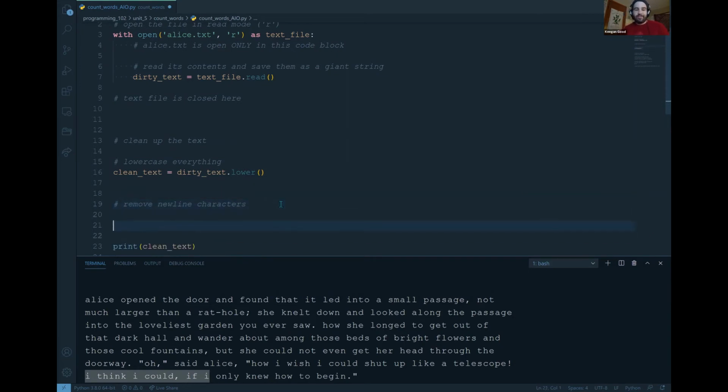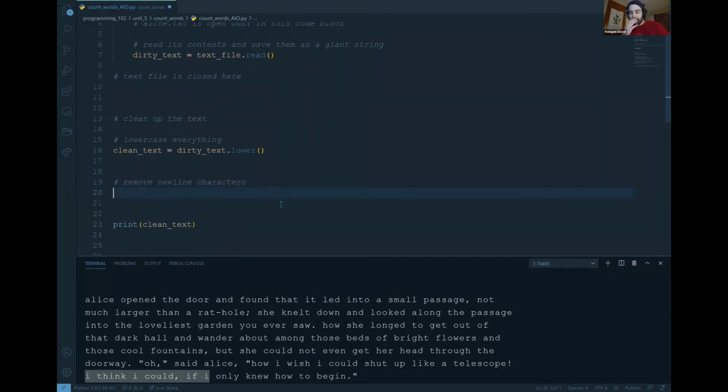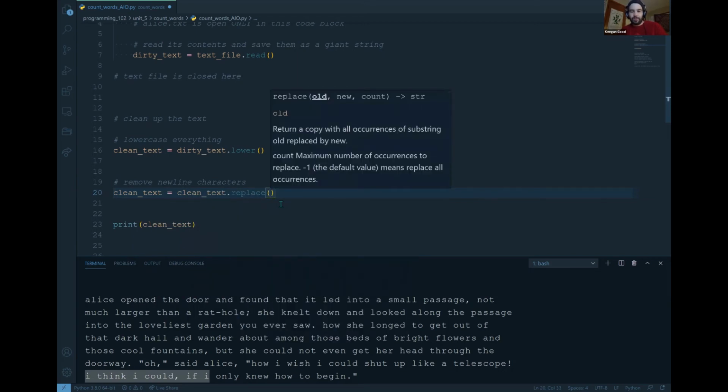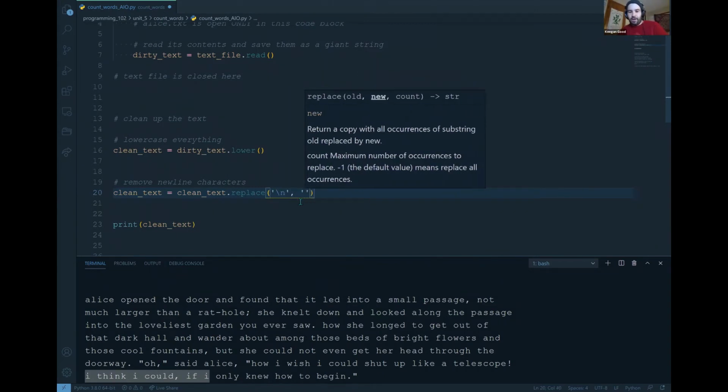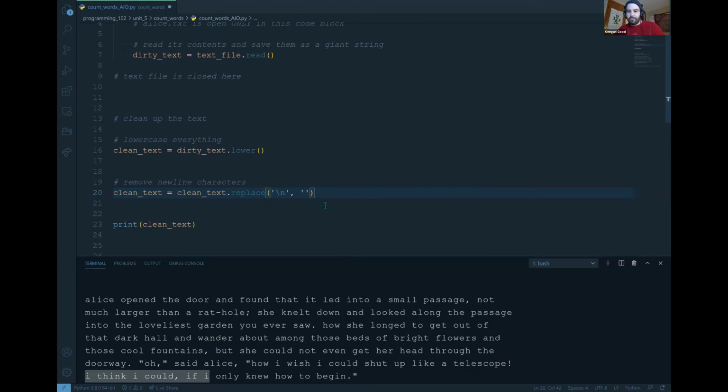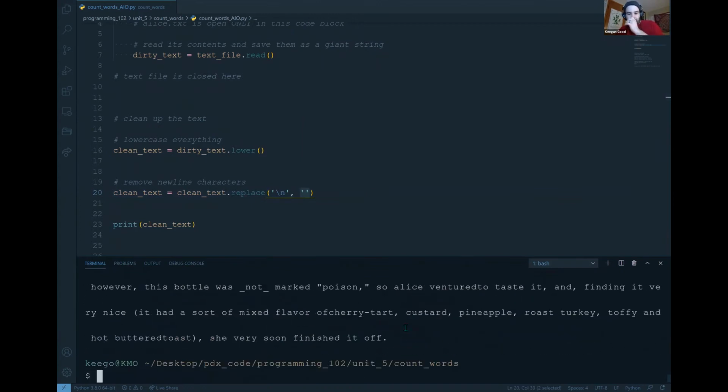So the way I want to do that is just by using the .replace method. So I'm going to say clean text equals clean text .replace. I'm going to use the current version of the clean text and replace a certain character in it to form a new string. And I'm going to target those new line characters. And here I could use a blank string, but this would almost be an error, right? So let's check out what it looks like. Actually, this will be an error, because if I do that, every single place where there were two of those